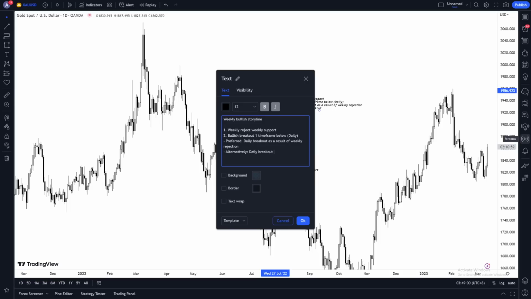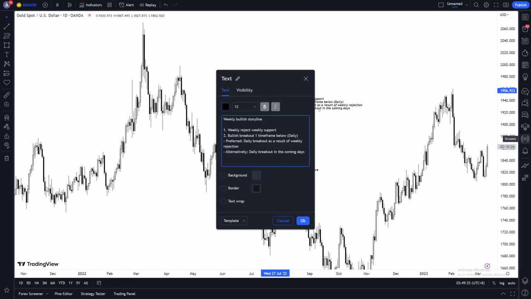Daily breakout through the process. So we'll just say through the process in the coming days. Okay, so it's not like weekly reject weekly and then as a result of that... Let's say we have week 1 and then we have week 2. Week 1 has already closed and now you're at week 2 Monday or Tuesday and you're like, okay, what happened on week 1? Oh, week 1 weekly rejected weekly support. Okay, and as a result of the weekly reject weekly support, and once it closed, daily made a breakout. That's the preferred way, right? So weekly reject weekly support, daily made a bullish breakout.